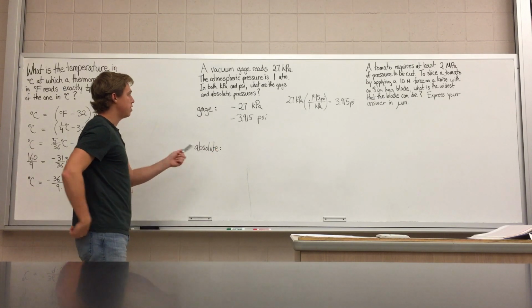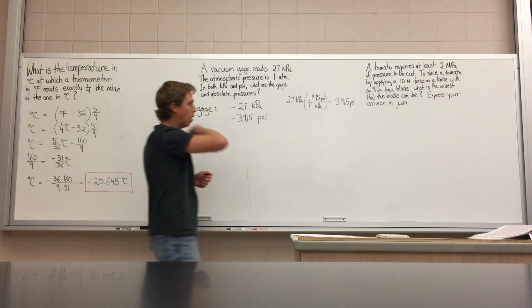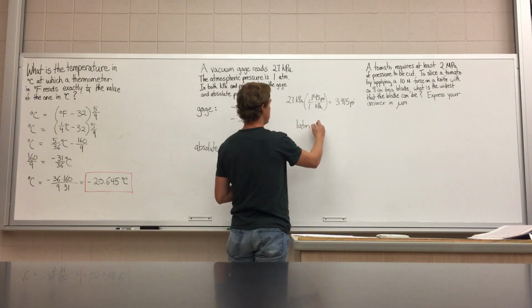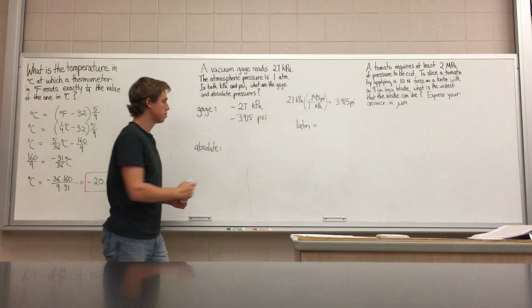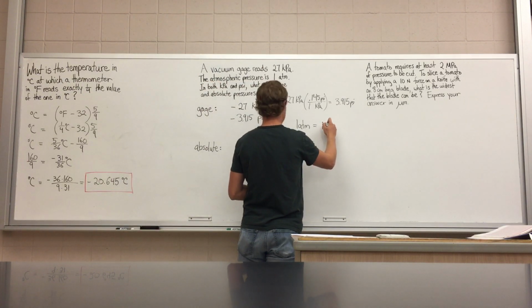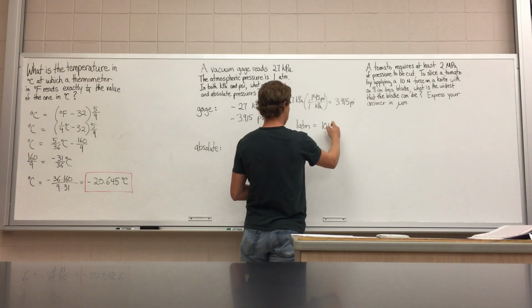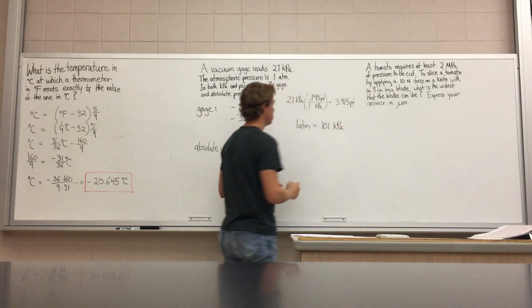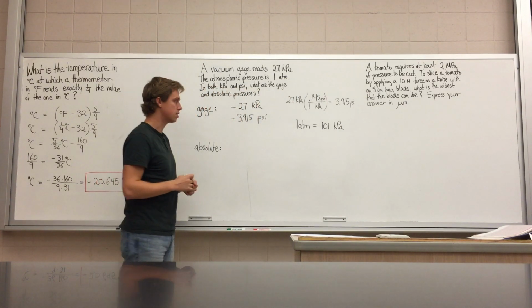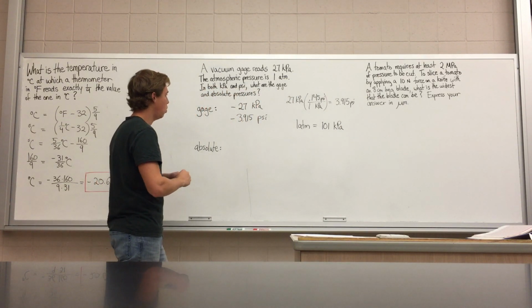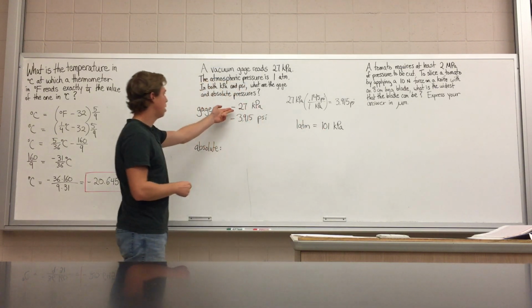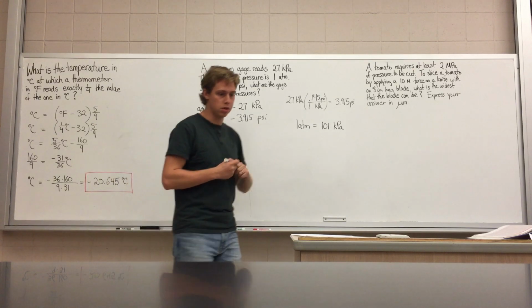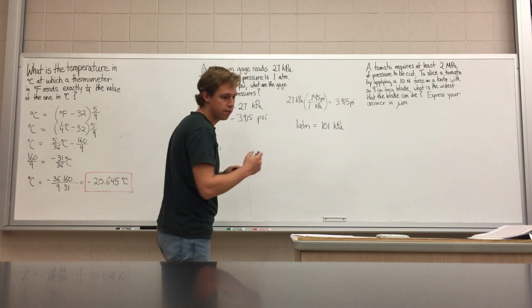Now I want absolute also. Remember that my atmospheric pressure, absolute, I'll write that over here, 1 atmosphere, equals about 101 kilopascals. I'm rounding up to the nearest kilopascal. All right? So 101 kilopascals minus 27 kilopascals gives me an absolute pressure of